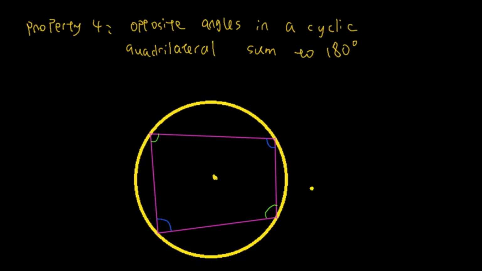And that would still make sense because these two together, right? They are basically 180 degrees times 2, which is 360 degrees. All 4 angles in a quadrilateral add up to 360 degrees. Okay, so let's prove this. So to prove this, I'm going to again just copy this triangle, copy this circle.